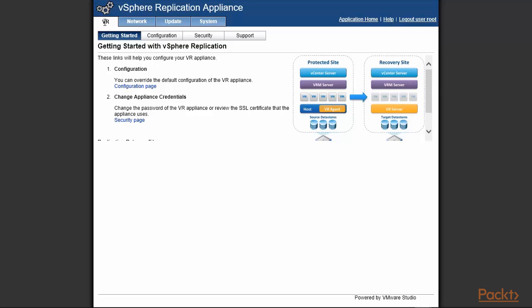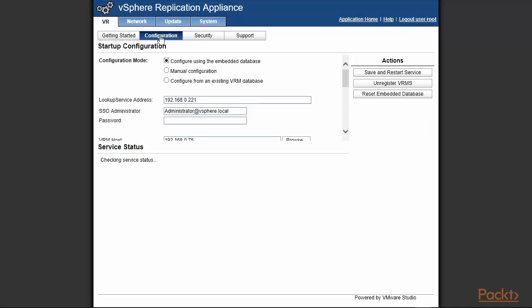So standard stuff, you have the VR up there getting started, and switch into configuration. So we'll use the embedded database. You can find an existing VRM database as well, so this is for recovery purposes. Our lookup service address is 221, so it basically recognizes our local vCenter, and the address here is the domain. SSO domain is not vSphere.local, it is actually site.local, and the password for it is